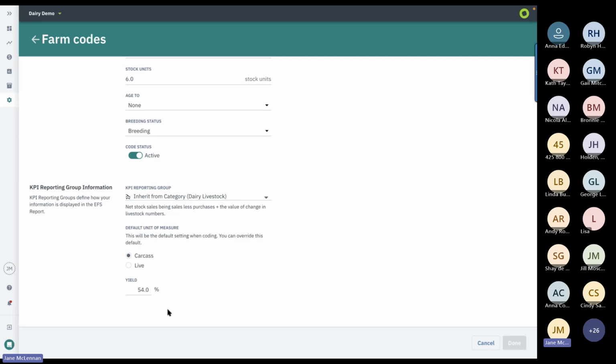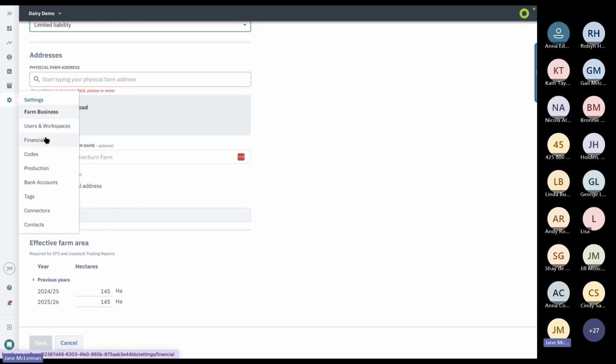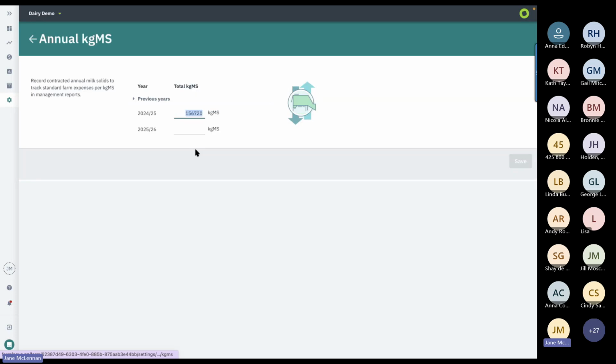And finally, check that your physical data has been entered into Farm Focus. Now, what we find is that some of our farmers aren't entering things like their hectares into Farm Focus. So to do that, go into Settings, Farm Business, and down here, enter your effective farm area for your farm. That's if you want Farm Focus to be able to calculate your kilograms of milk solids per hectare or your farm expenses per hectare. Also, under Settings, Production, please add your annual kilograms of milk solids each year, because this